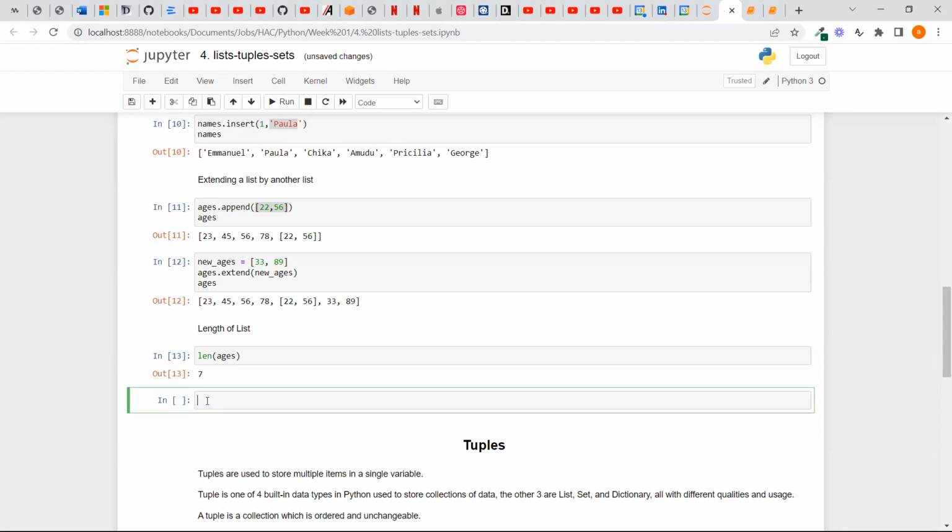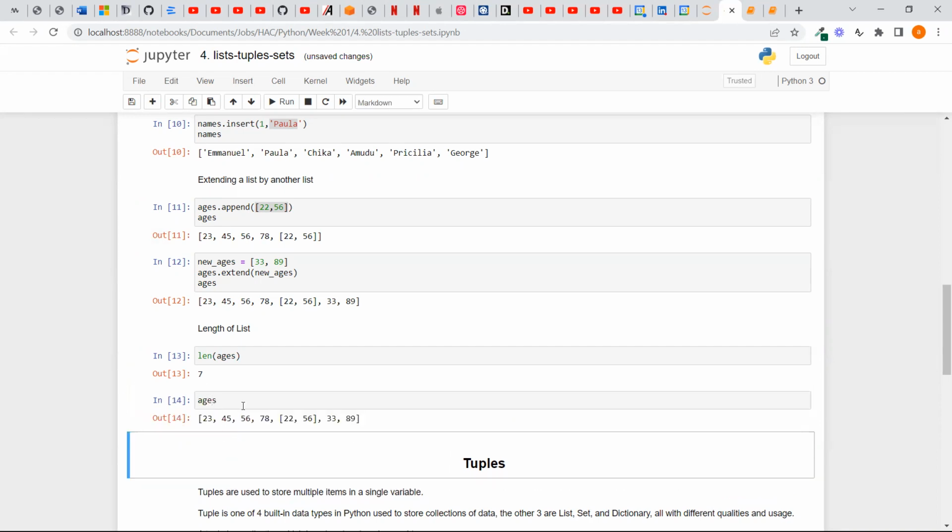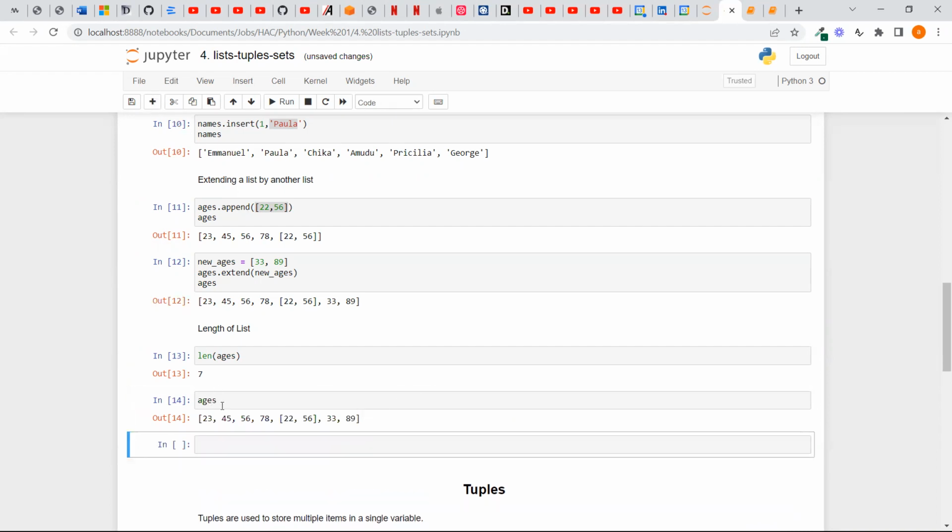Like we can go to ages. Let me print this ages. Okay. Now I want to do something now. Let's change maybe the second item. Ages, I want to get the second item. Remember, the indexing starts from 0, so this one should be 1. Ages, the second item, I want to change it to say